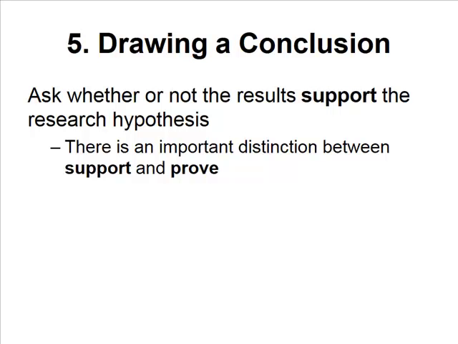We have to be very careful about using language that says we have proven a research hypothesis. Because if you prove something, it has to happen every single time. It has to be causal. There has to be a cause and effect, that is, you can explain exactly why it happens and how it